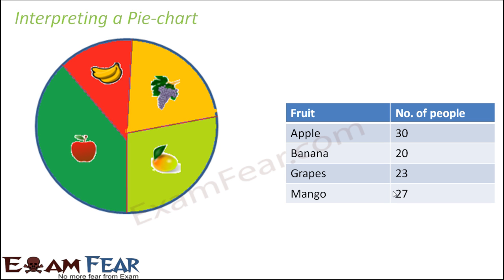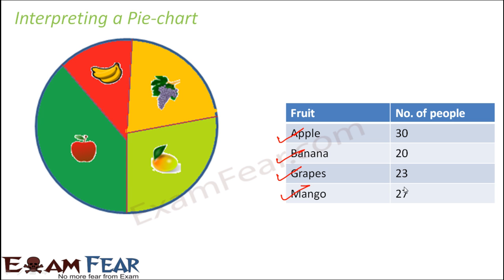This is a pie chart where the entire circle, or the whole of the pizza, represents the total number of people. This total is then divided into slices depending upon how many people like which fruit. Here your pizza consists of 4 slices because you have 4 different fruits. But it is not necessary that all 4 slices will be of equal size, because the number of people liking apple, banana, grapes and mango are not equal.